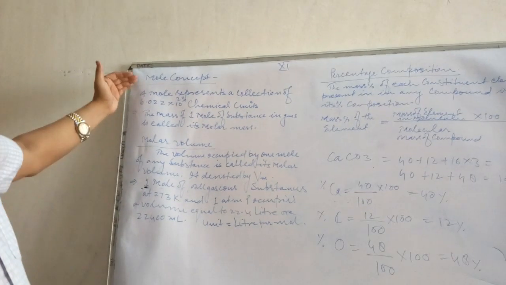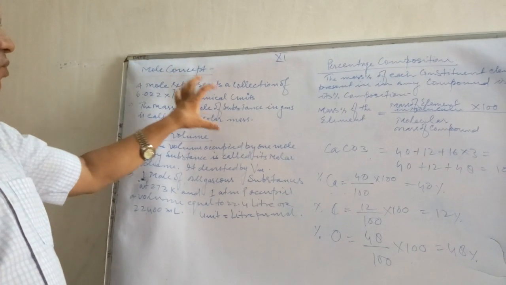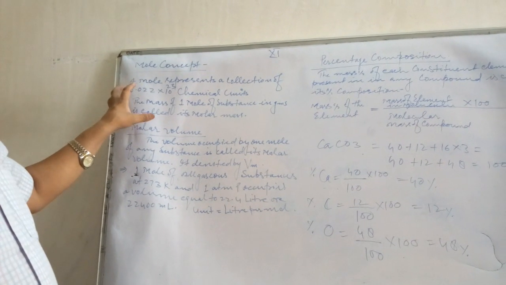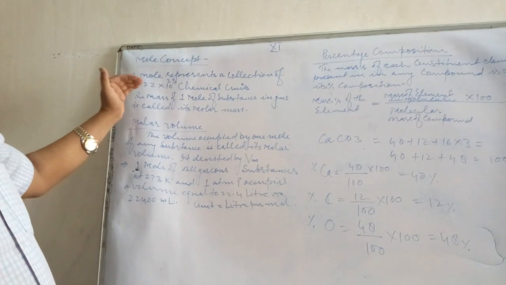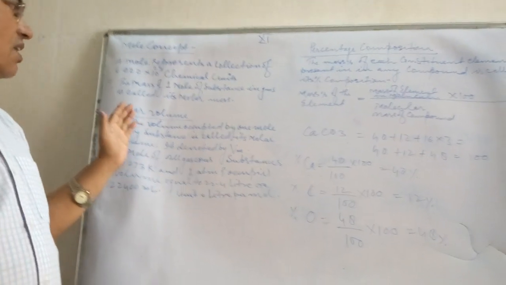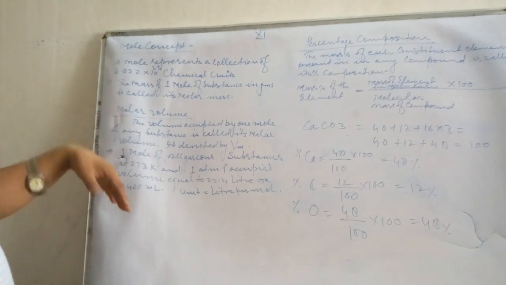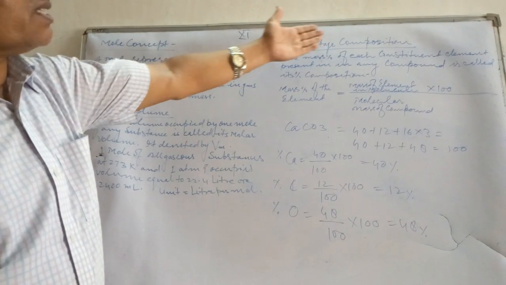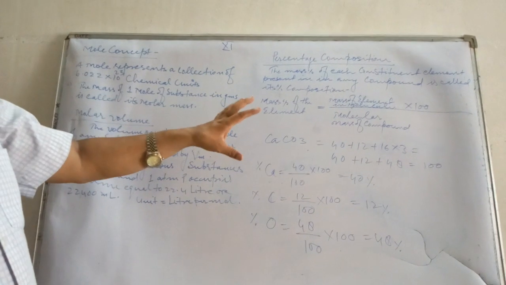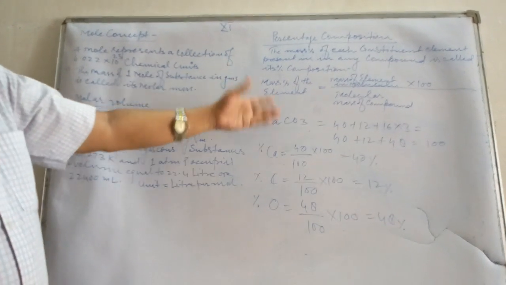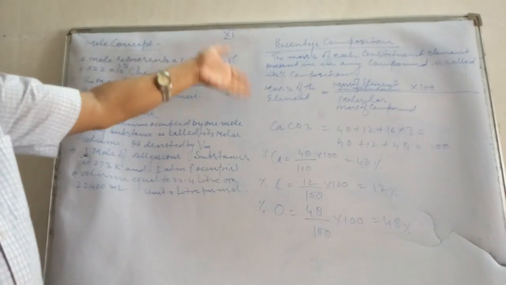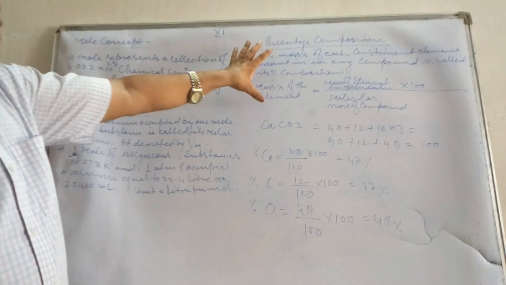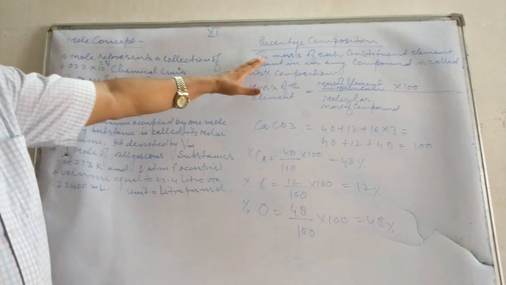So going through the discussion of mole concept, I have defined the mole. And do you know the mole? Means this is basically the collection of Avogadro's number of chemical units, and molar volume. Let me move to the next, that is the third topic, percentage composition. This is important. Numericals we will be doing in this topic. So at the very first, the definition and concept we have to discuss.